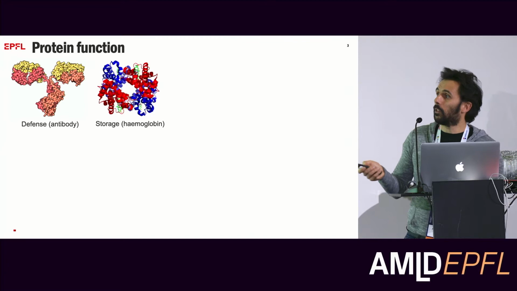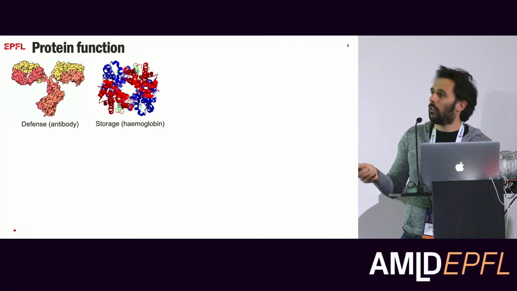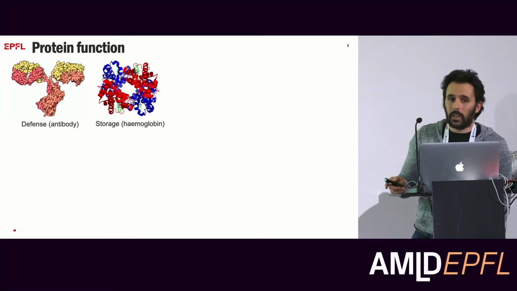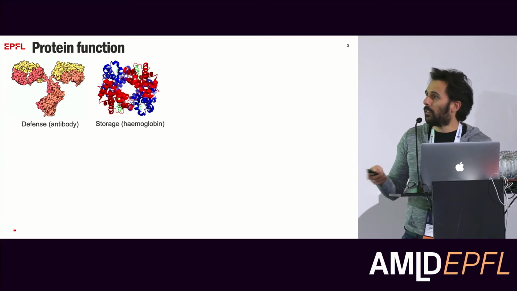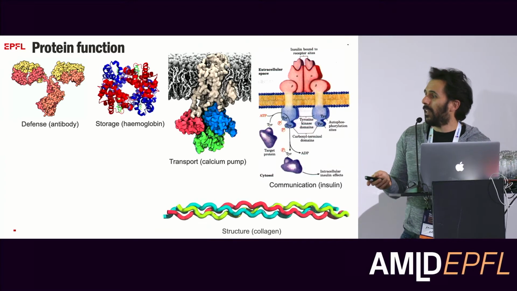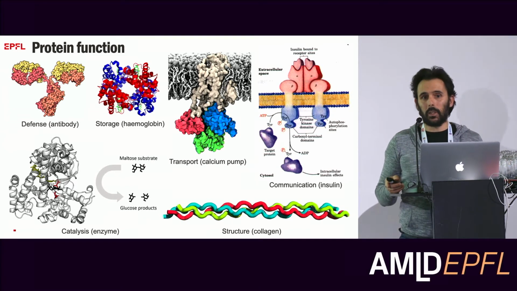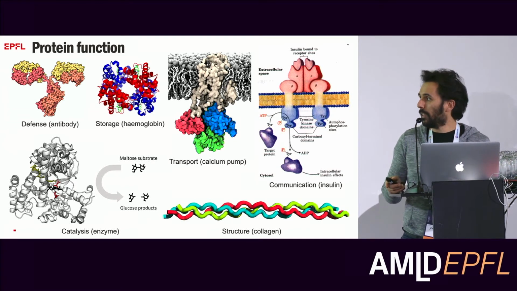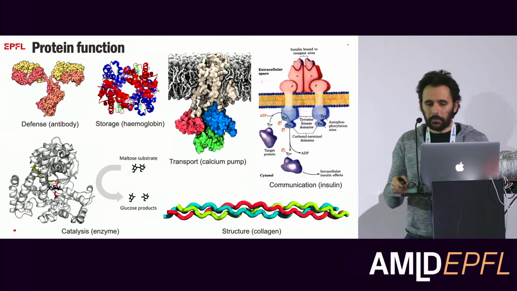And so thinking about many of the functions that these proteins can do, I'll present you a first one, right? All of you are here because hopefully you got vaccinated and now you have antibodies against COVID. So here you go. Those are some of the most essential proteins that are made in our body. But really, anything you can think about: protein sequences can encode and can have functions in living cells like communication, catalysis, structure.